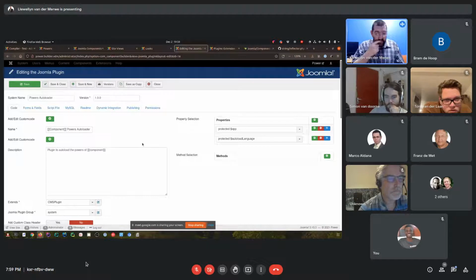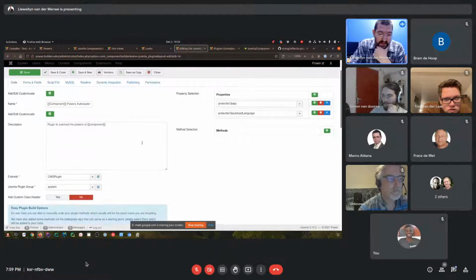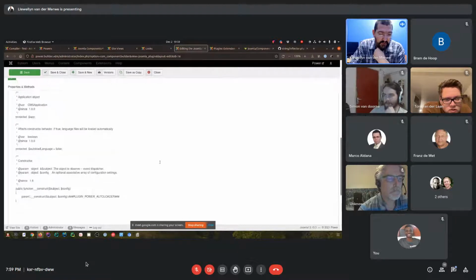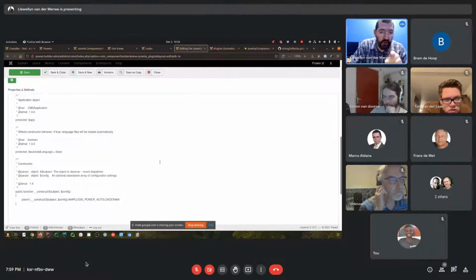So this plugin, if used in other components, will automatically use that component's name as its name. Now you can even use other placeholders. I'm not going to demonstrate that now, but this is the default way the plugin should look, which will load your